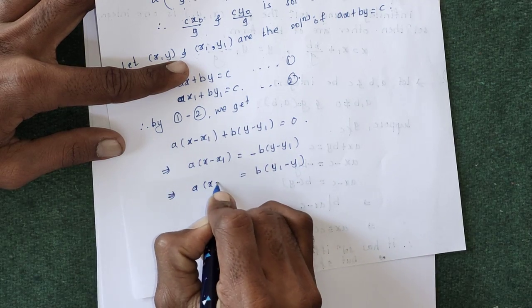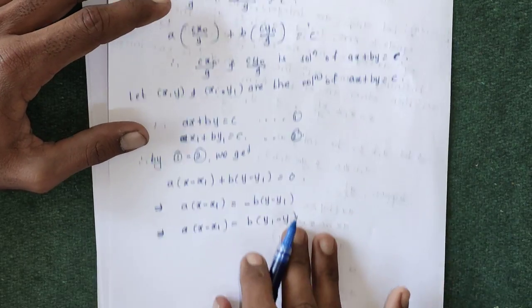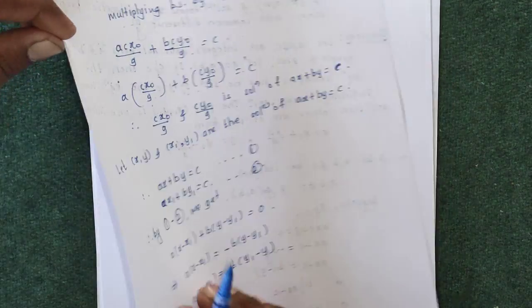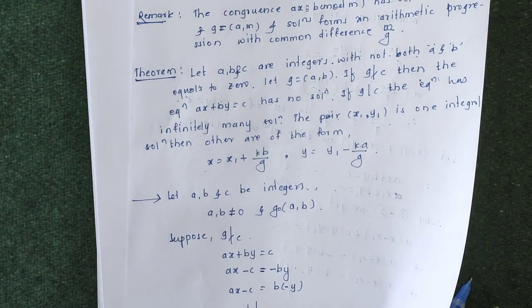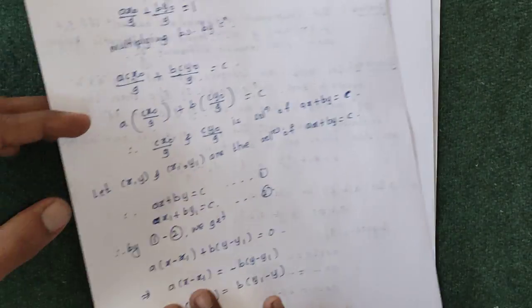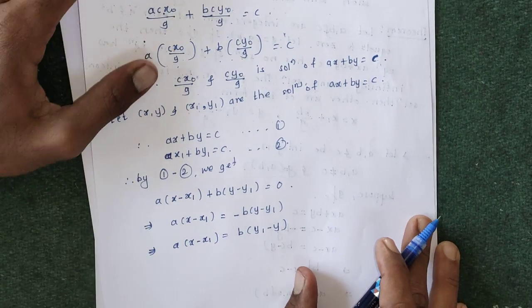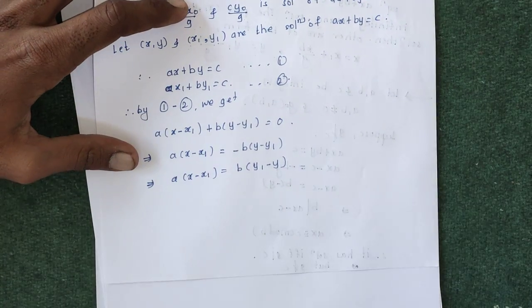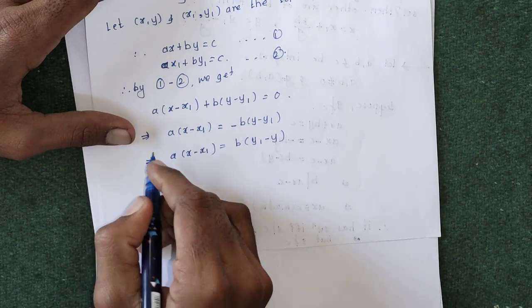A into x minus x1. We have to prove that x is of the form x1 plus kb by g, and y is of the form y1 plus ka by g. Now here we get a times x minus x1 plus b times y1 minus y. Now if we divide both sides by g, that is GCD of a and b, we get,